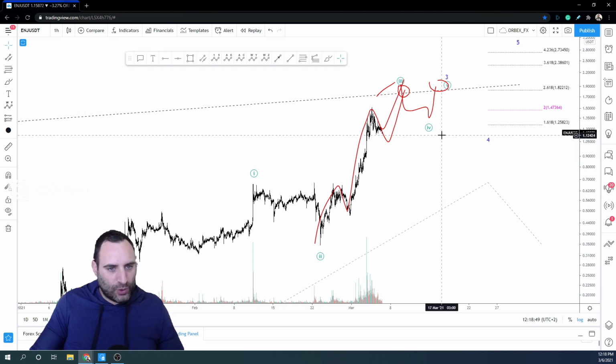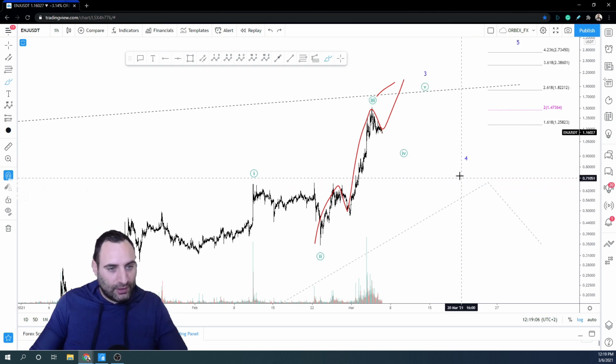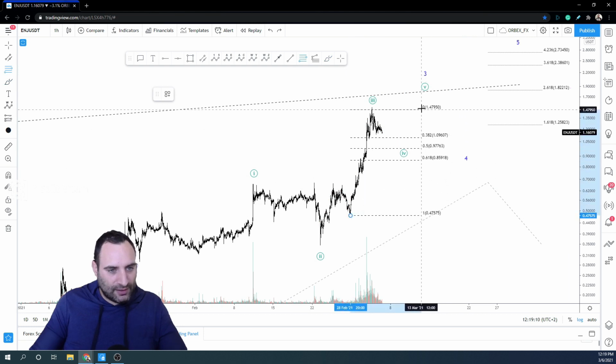This could take a few weeks, guys, okay? It could take even a few days, nobody knows. But there is a lot of room to move down, okay? Even down to 67 cents. But I don't think we're going to go lower than the 67 cents ever again. Now, if we take into account this impulsive move and the fact that we're expecting another wave down,